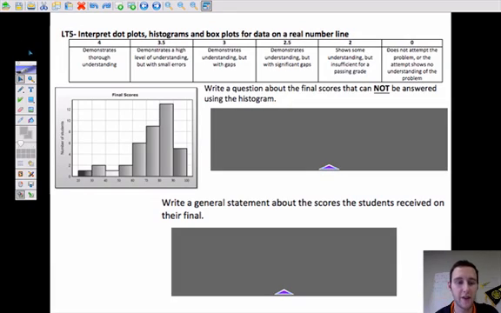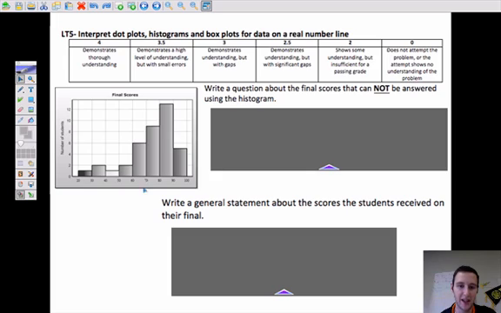Okay, learning target 5 retake video. Interpret dot plots, histograms, and box plots for data on a real number line. Probably the most common error here for the writing the question portion of it was that I saw a lot of questions that weren't really related to the data. So if it said number of students and these are their test scores,